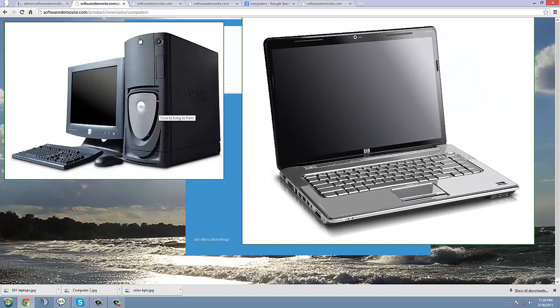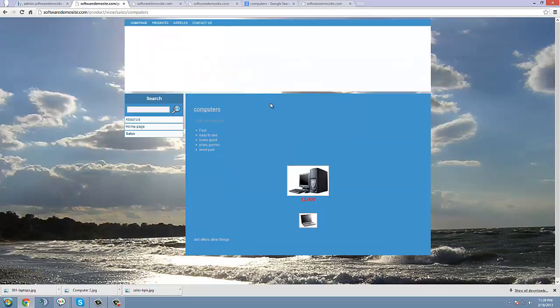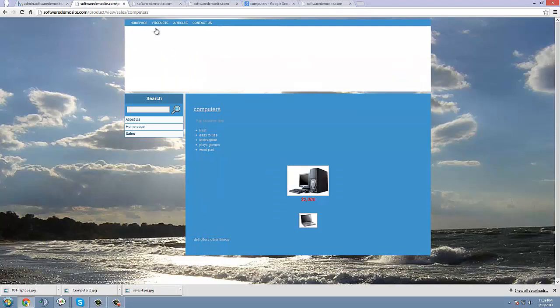So if you had a picture with a lot of details, you could read, well, why is this one so much different? And this one's obviously an HP, this one's a Dell, and then you could have your descriptions set up as well. But you can minimize them like that, just as you would put them back, and they load quite quick once they've been cached in there. So anyway, that would be that part, and that's basically how you create a category and a product,